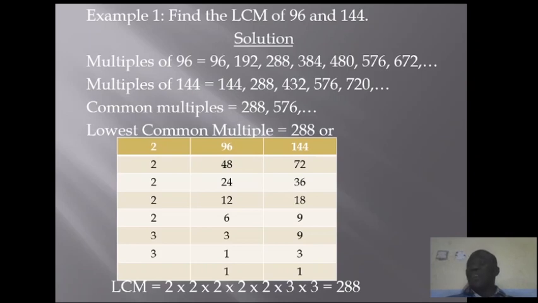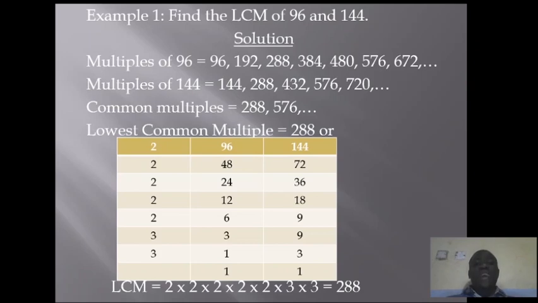The next prime factor is 3. So 3 can go into 3, we have 1. 3 into 9, we will have 3. Then the next factor is 3 again. 3 into 1, you can't divide it again, so you bring down the 1. Then 3 into 3, you have 1. That simply means that you cannot divide any further.